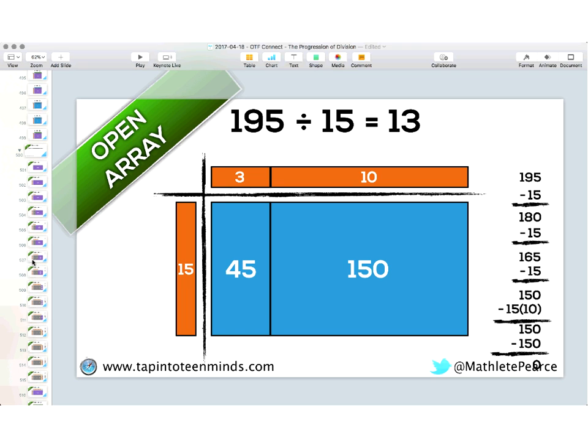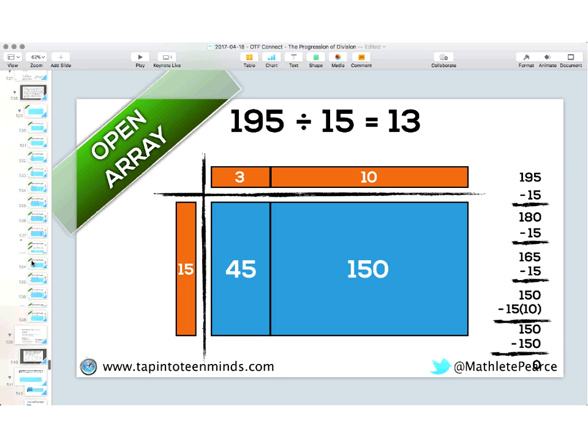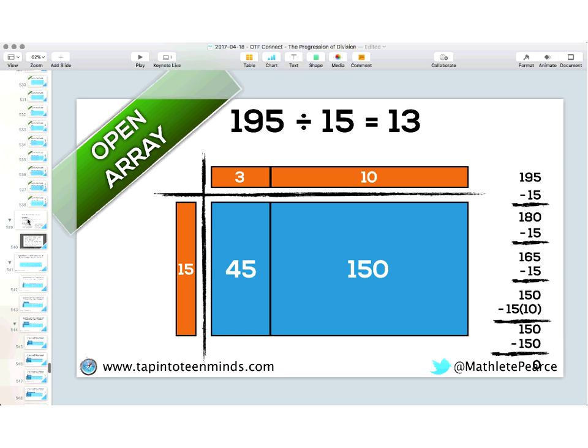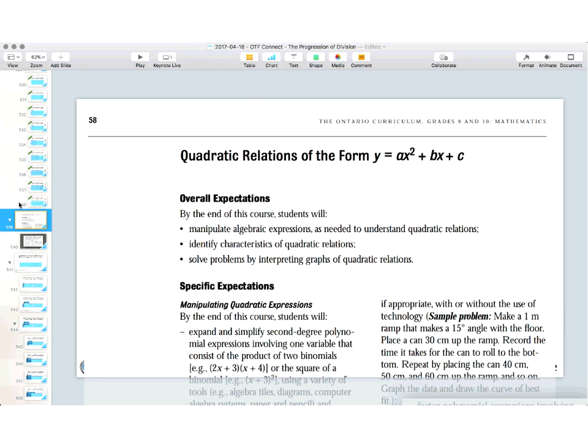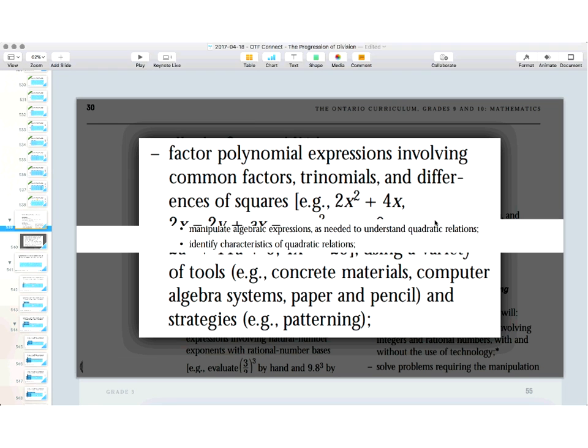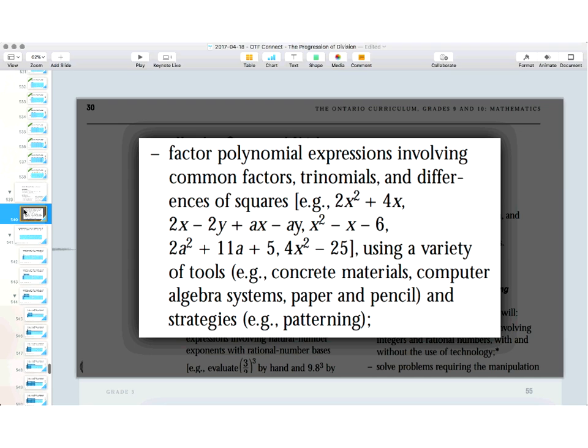So thanks to those who participated in the knowledge hook. What I'm going to do is jump straight to a little bit of grade 9 and 10 here. I'm going to go right to a grade 10, not to jump to confusion, but I do want to really reiterate how important it is, because what you may see up on the screen is a bunch of algebra that you may or may not remember from high school. If you're not teaching in high school, you may not have seen this for quite some time.